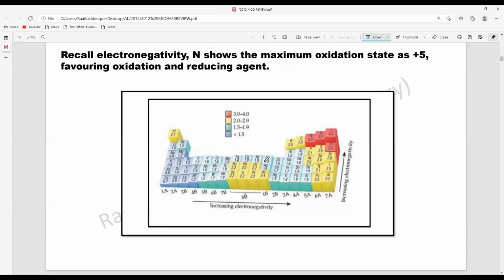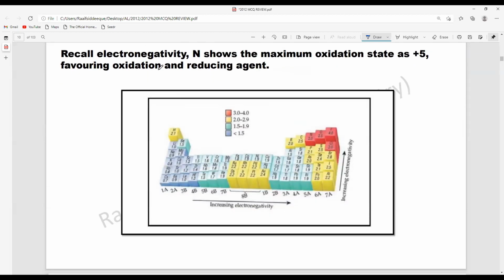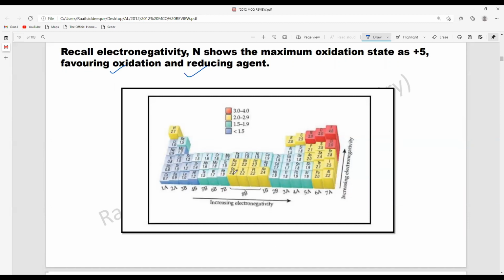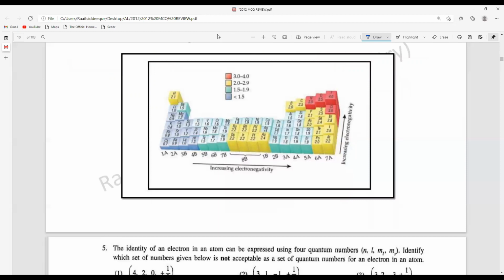Okay, so moving on. So electronegativity, electron affinity, you should know. So nitrogen shows plus 5. And I have explained to you these two concepts. So you can see the electronegativity chart, this is given in your resource book. This is according to the Linus Pauling scale. But remember one thing, always remember one thing. Although these values are given corresponding to each and every element,